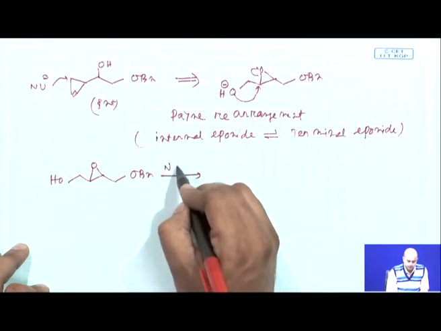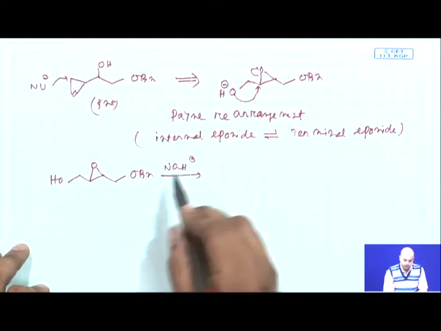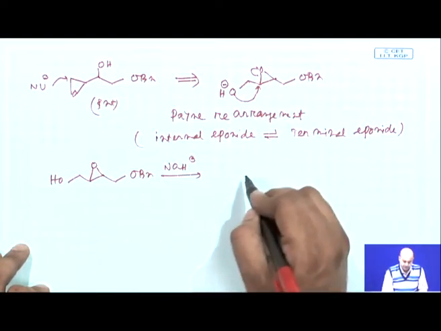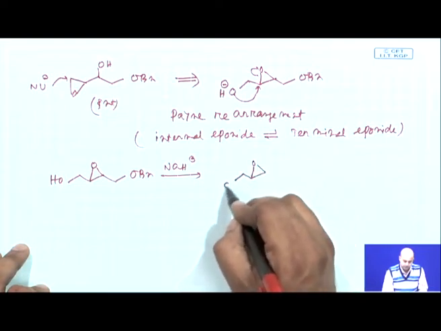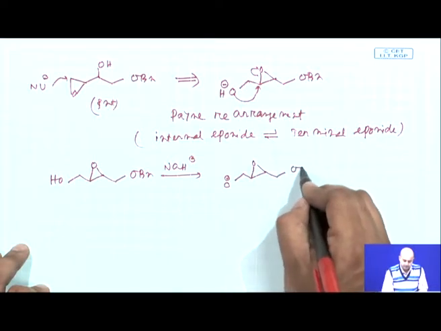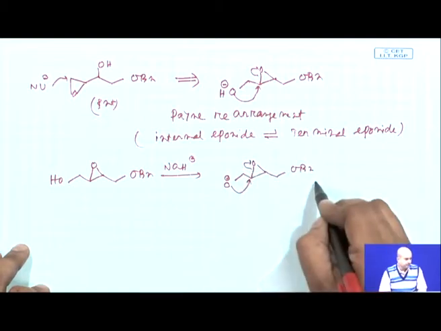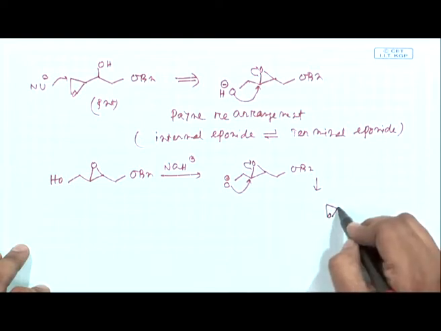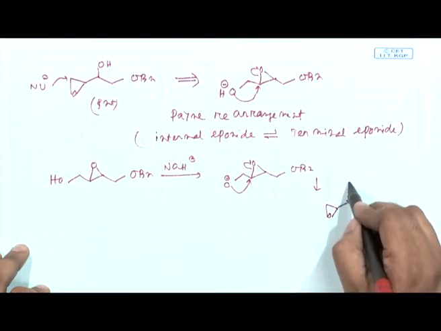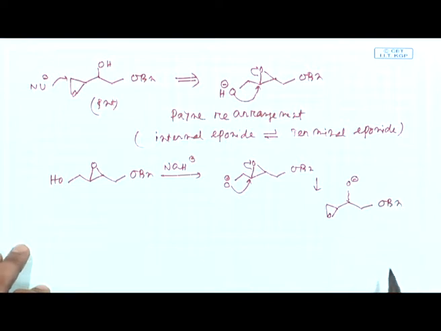First, we take one equivalent of sodium hydride. Sodium hydride is usually used as a base, and initially that will give you this alkoxide. As I said, this undergoes an intramolecular SN2 to open up the epoxide in this particular fashion. So, basically you will now get a terminal epoxide. Here your O minus is, and CH2OBn is here.